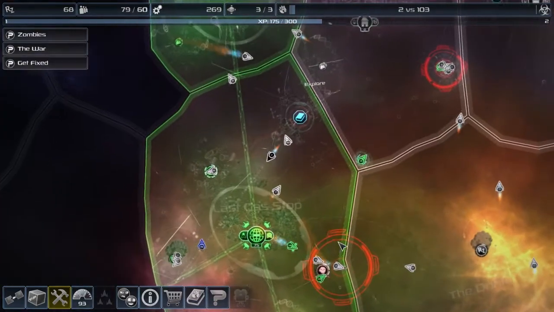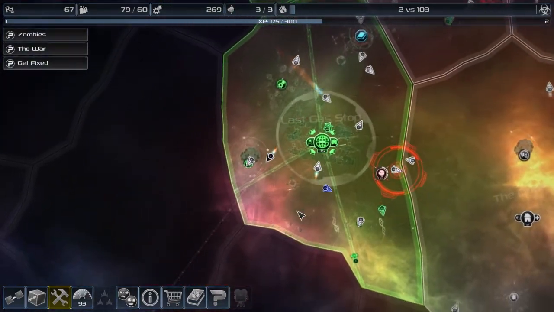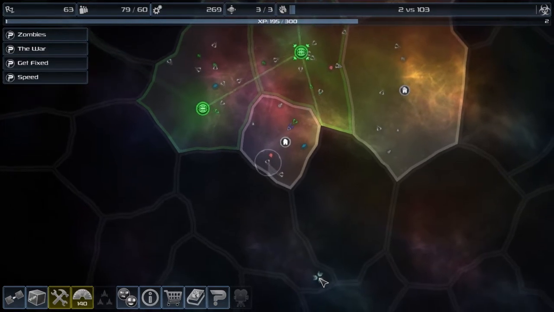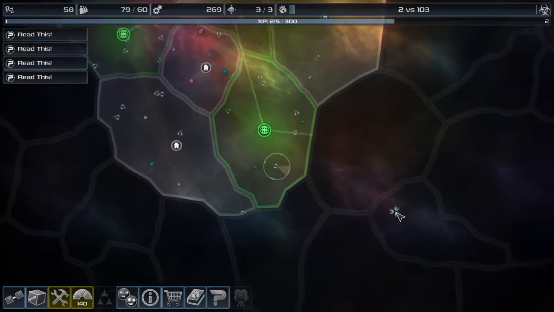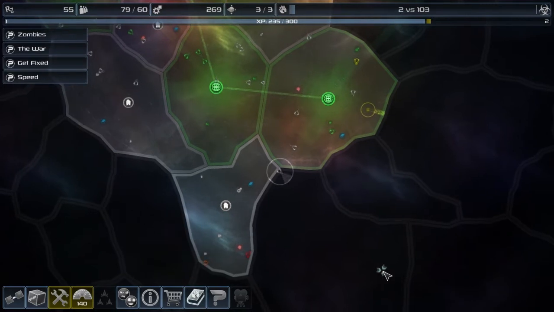But it might be a little hard, because they're not going to be very large yet, because not a whole lot has happened. So we're just going to speed boost. This is going to drain my resources like crazy, but I want to see if we can find the zombies real quick. Because it is, after all, Space Pirates and Zombies, so they are an important part of this whole